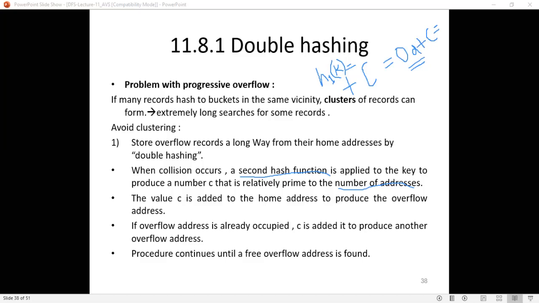The procedure continues until a free overflow address is found. In a similar way you go on adding, and when you get a free address space, you stop there. That is what you are doing in this double hashing technique, one of the collision resolution techniques.